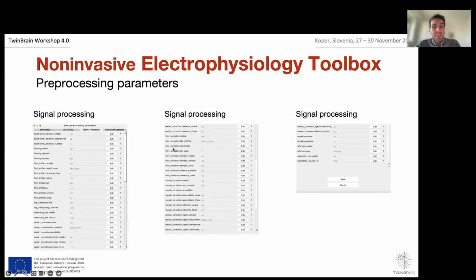For example, the signal before running the ICA to focus on the movement artifact is filtered. We filter it to let pass only the lower frequencies of the signal because we expect that the movement artifact will be in that frequency band. And similarly, we do it, but in the opposite way, for the muscular artifact, for which we expect that the contribution of the muscle will be in the higher frequencies. Therefore, we filter the data with a high pass filter,